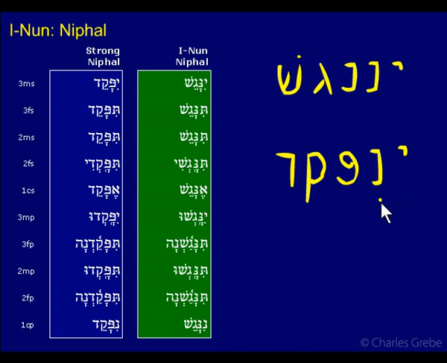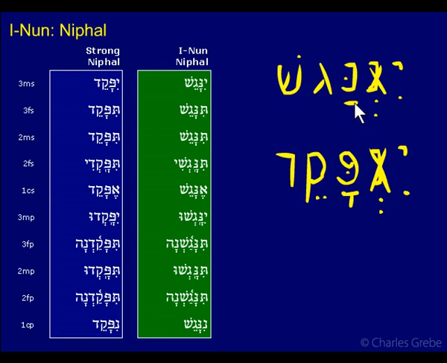And so this guy is going to cause the Niphal nun to be at the end of a syllable, therefore it's smack dab up against this, and so it's going to assimilate, and so this guy is going to disappear and is going to assimilate into there, just like this guy is going to disappear and assimilate into there. So the Niphal nuns assimilate in both the strong and the first nuns because there's a prefix before the Niphal nun. So this nun is irrelevant. It's behaving like a strong verb. It's not going to assimilate because it, in fact,